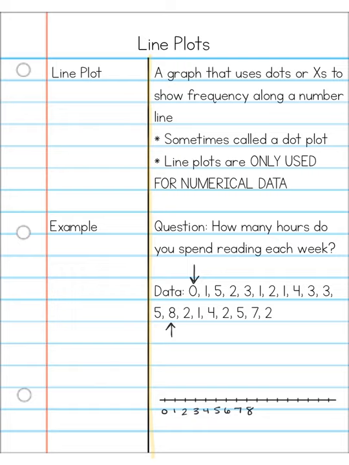Now we're going to use our data points, and we're going to put a dot or an X above each number. So the first number I have is 0. So I'm going to put a dot above 0, and then I'm going to check off 0 or scratch it out to know that I've already used that data point. The next one is 1, 5, 2, 3, another 1, so that dot will just go above the existing dot, 2,